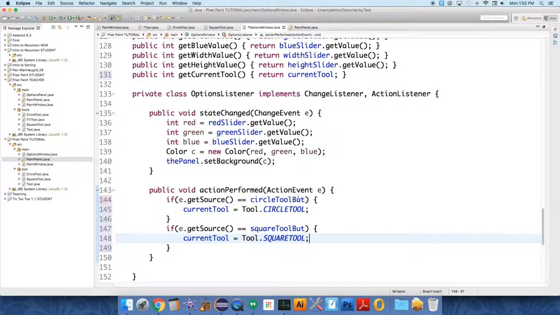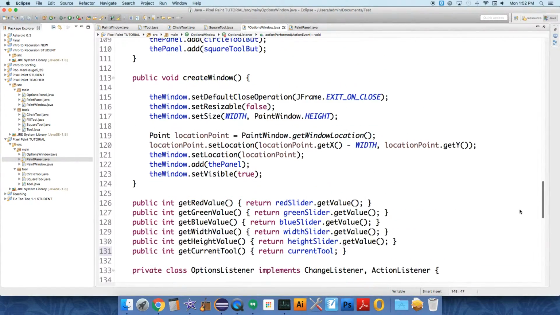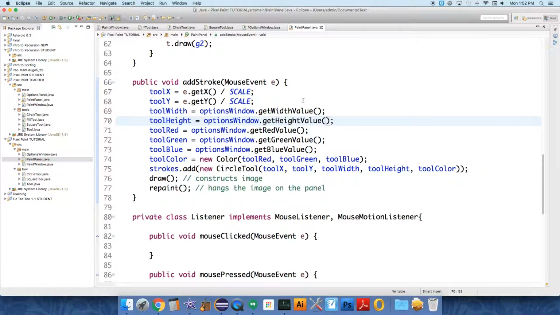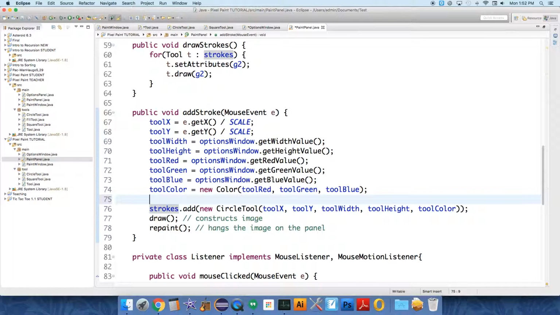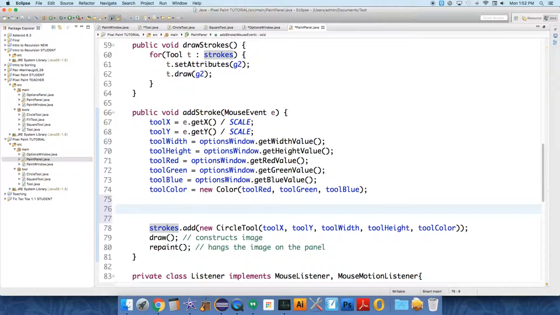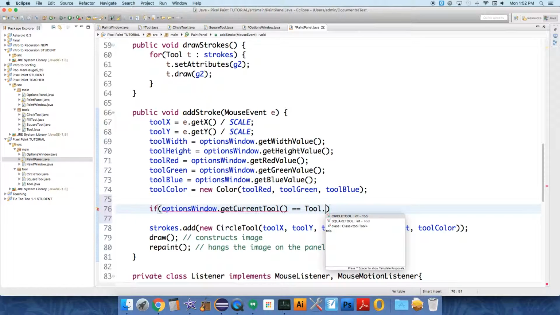Okay, so we have this set now, so that this class, the options window, knows about this stuff, but the paint panel, excuse me, is not paying any attention to it. So we need to go over into the paint panel now, and whenever we are setting these tool attributes, we need to check which tool we are currently painting with. So this is under the addStroke method. We need to say if optionsWindow.getCurrentTool equals Tool.CIRCLE_TOOL,